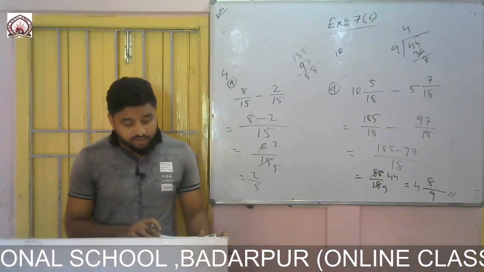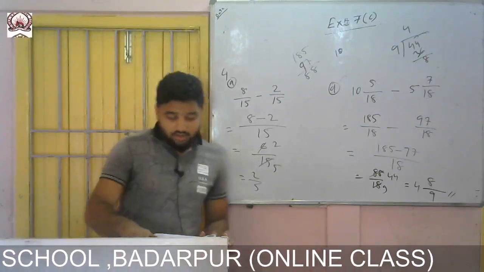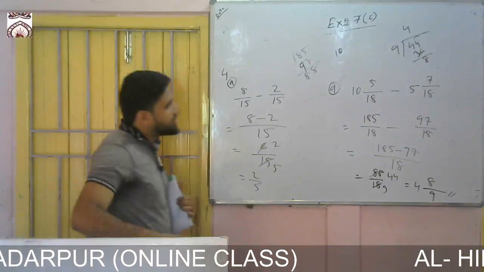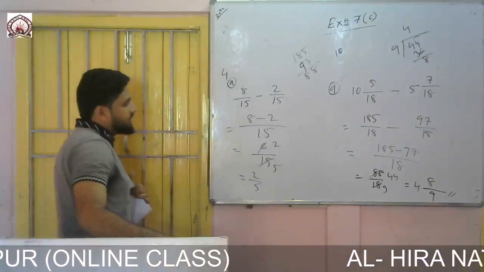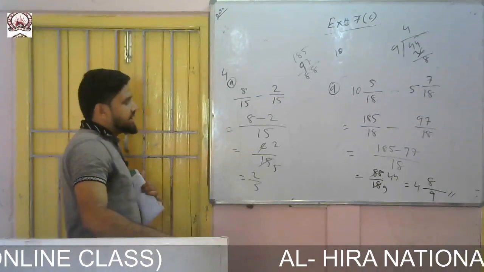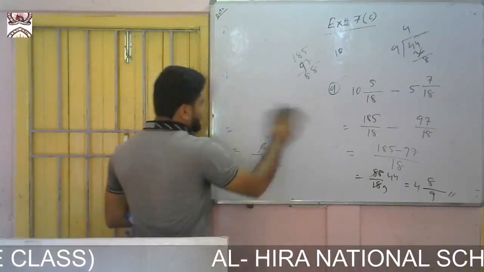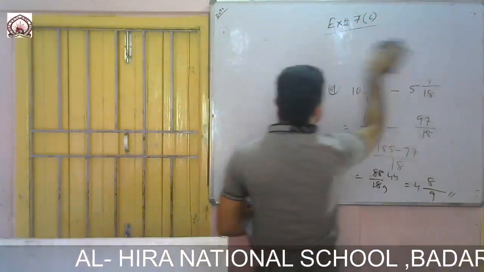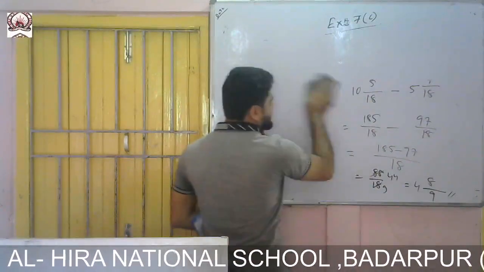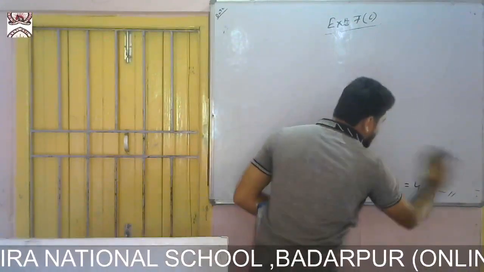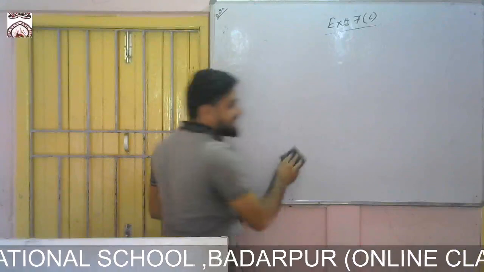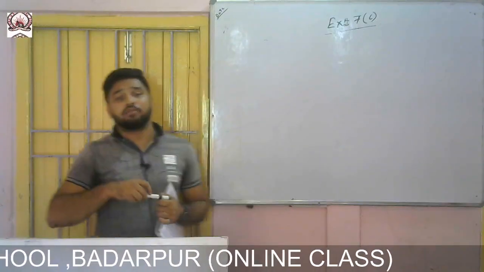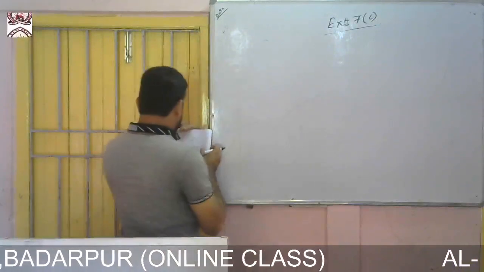Now, addition of 3 numbers. So with addition of 3 numbers, we need to add one extra fraction. If you see the denominators are the same, then you can do it directly, and it will take less time. But if the denominators are not the same, then in this case you need to take the LCM. So we shall do these things.